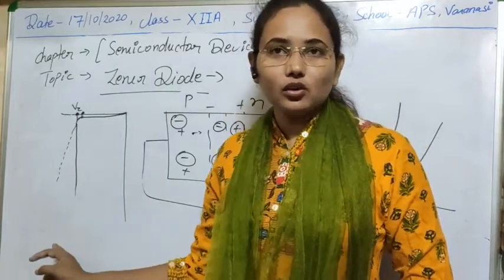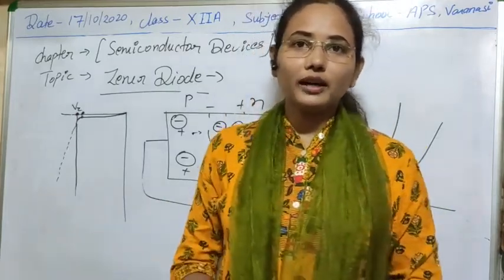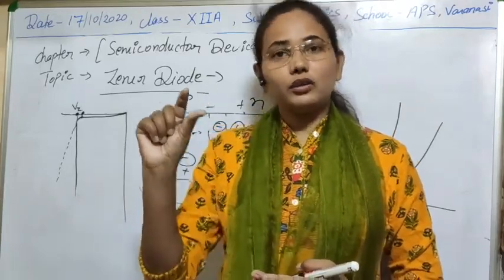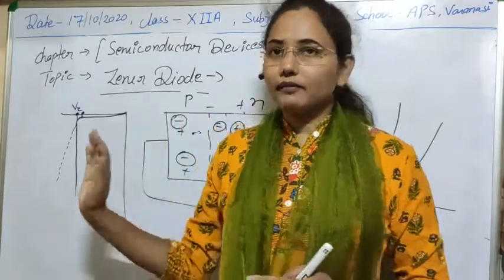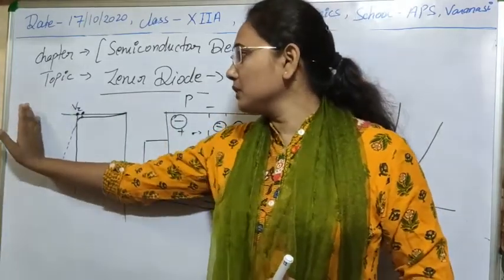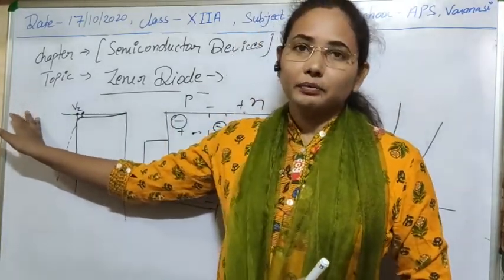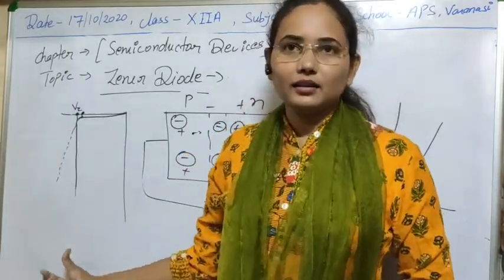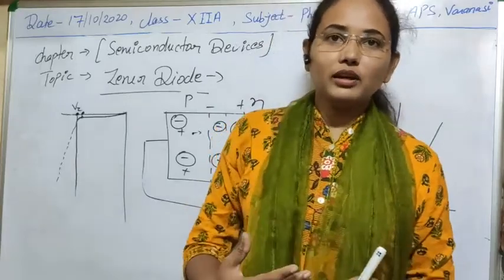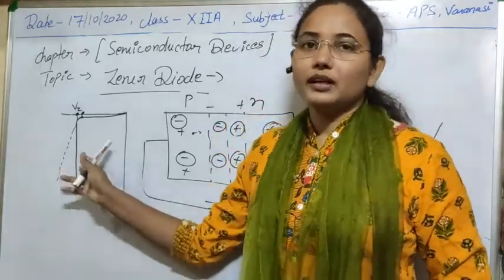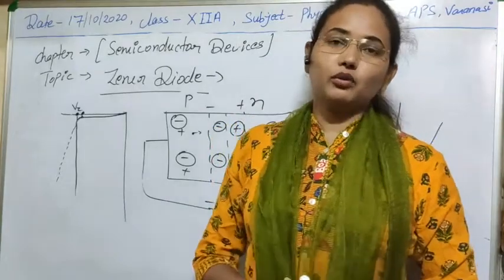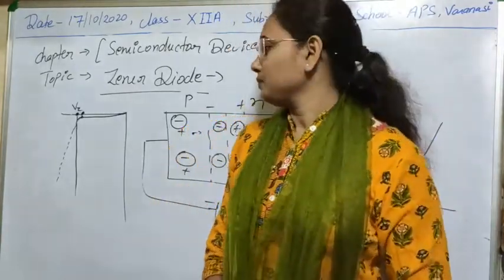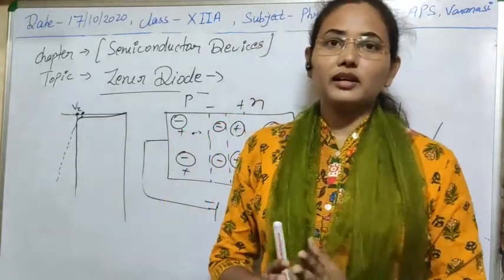So if the current is constant, then voltage is already regulated, meaning for a particular voltage the current is constant. Even if there is a sudden increase in voltage, there will be no effect on that current. So that's why the voltage was already regulated. So Zener diode can be used to regulate voltage or current value in our household. So I think the concept of Zener diode is clear.